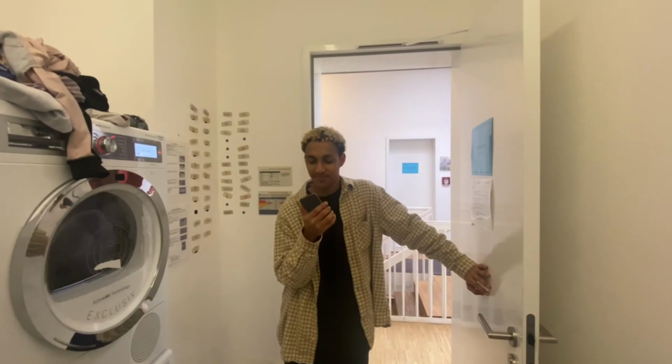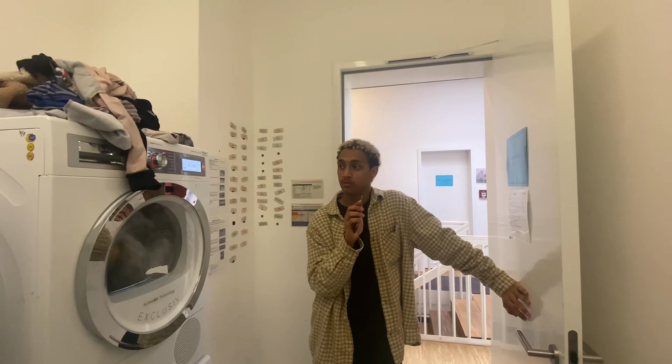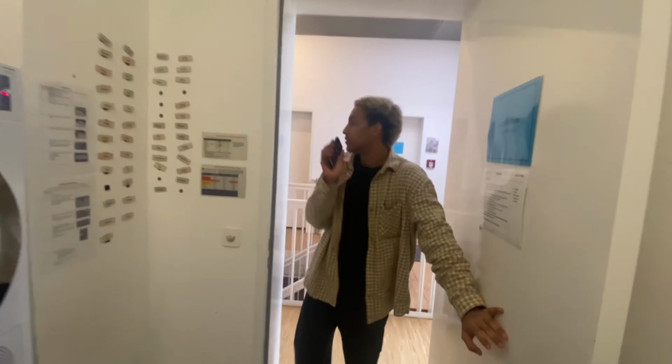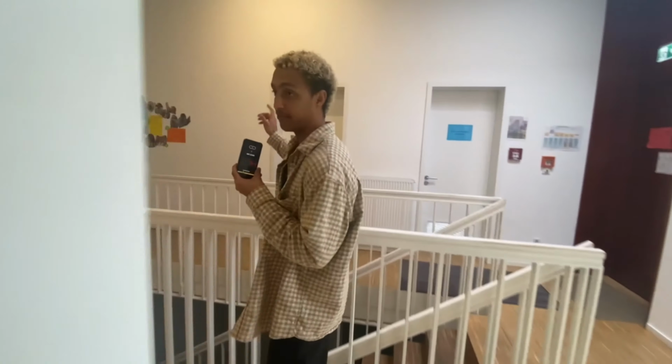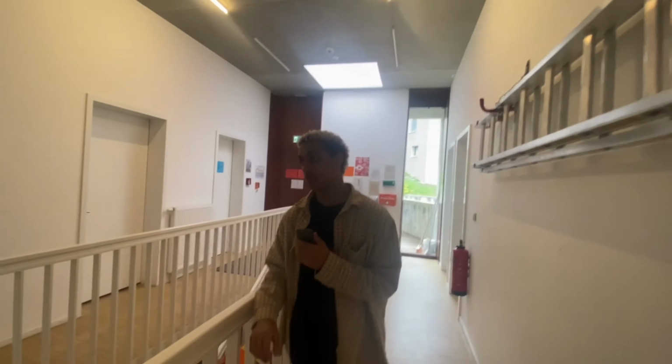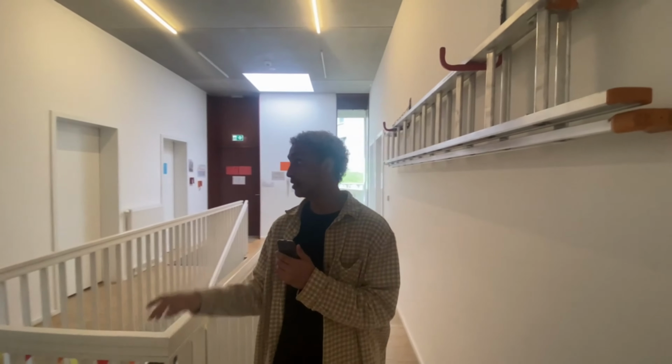Yeah, this is the laundry room. I'm actually using the dryers right now, and we have 2 dryers and 2 washing machines. It's always messy here, so yeah. There we also have a double room. We have some on campus. Normally you have 4 people that you share the room with. So yeah, and let's go